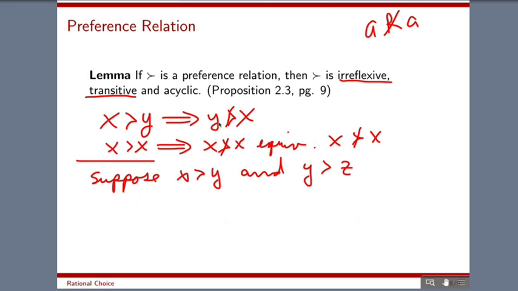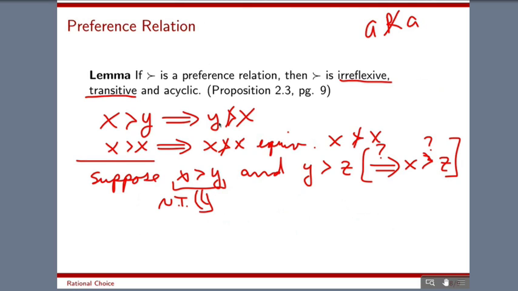The question is, is it the case that x is strictly preferred to z? We don't know yet, but we would like to know whether or not it's the case that x is strictly preferred to z. Well, since x is strictly preferred to y, by negative transitivity, we know for all z,